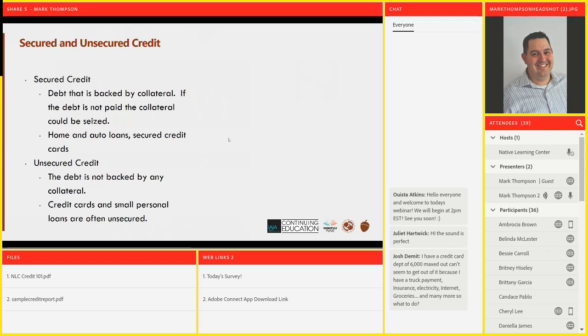So if you bought that truck that we mentioned in the previous example and you stop paying, the car dealership is going to send out the repo man, come back and seize that truck, and then sell it so that they can pay off the debt. So that's the 2 types of credit.